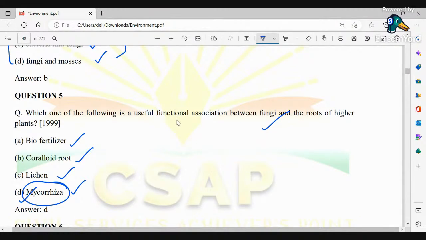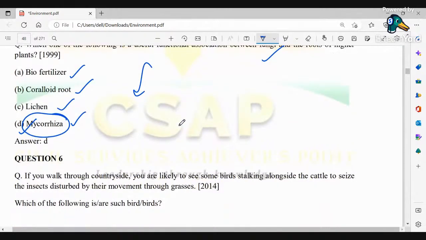Okay, so it is one of the functional associations between fungi and the roots of higher plants that contributes to the growth of the respective plants. So therefore, mycorrhiza is an important criterion over here. Now,